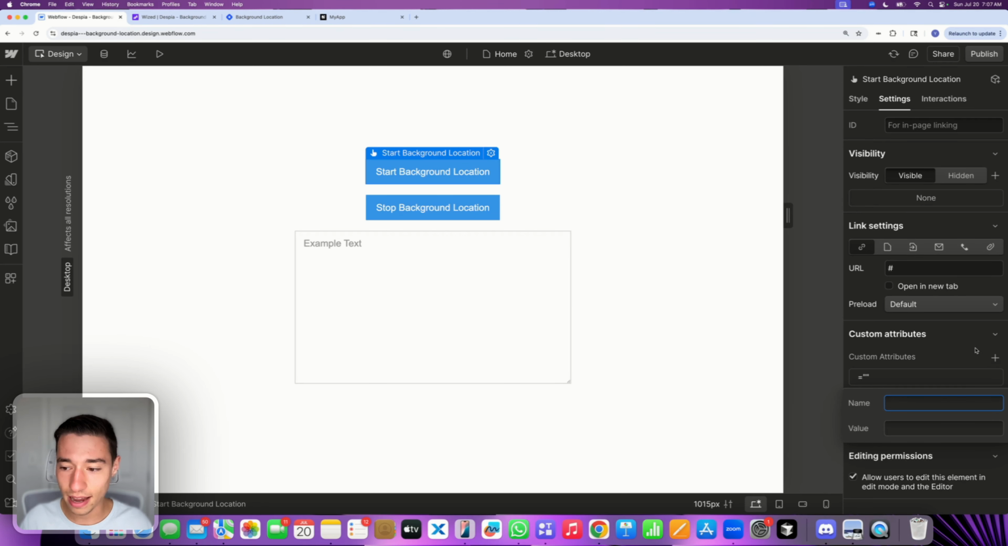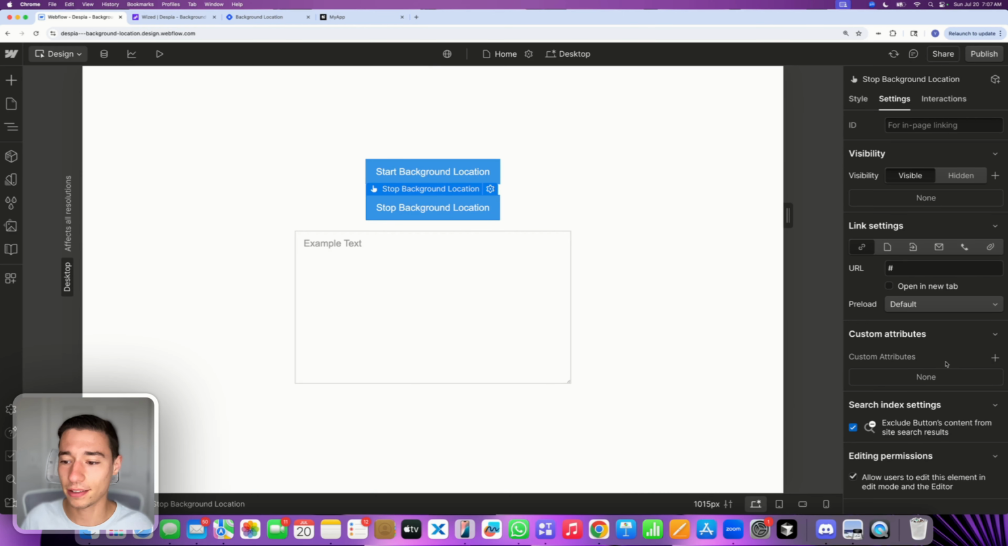This will be a Wized attribute written W-I-Z-E-D, and the value will be start background location. Start background location. And then the stop background location button will also, again, we go to settings, we will add a custom attribute. That will be a Wized attribute, W-I-Z-E-D, and I will add